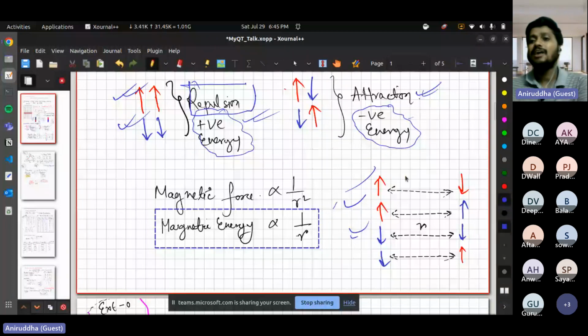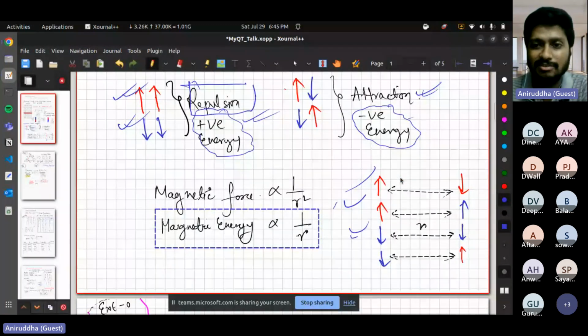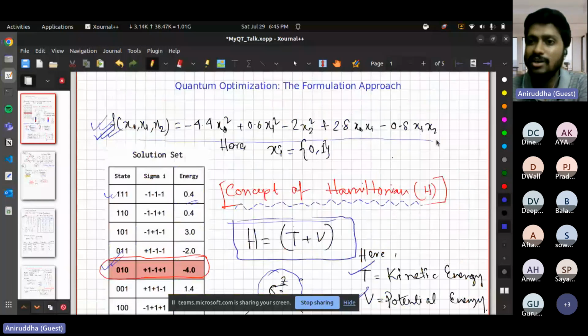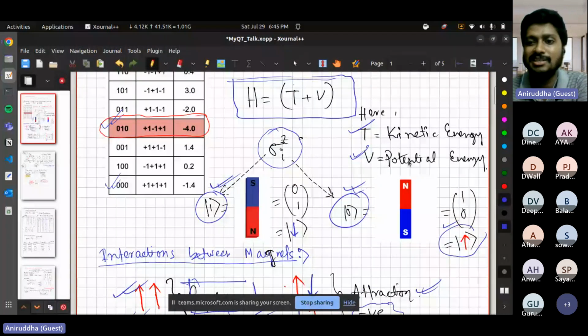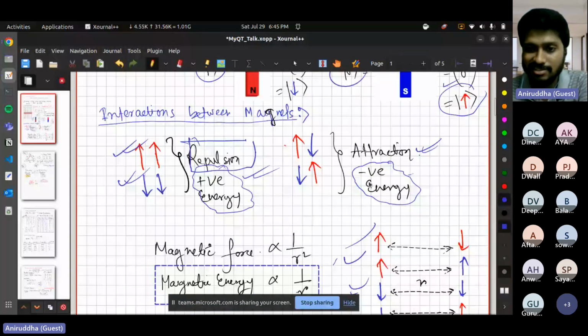So what is the target that we have? The target is that we have this problem that we want to solve. But our quantum computer will not be able to understand this thing. So we want to convert it into such a form that a quantum system can understand. A quantum system is basically magnets, basically qubits. Qubits are basically spins, you can consider. Those can be simplified as magnets with some orientations, up or down, following the computational basis of 0 and 1. And these are basically a kind of interaction they do possess.